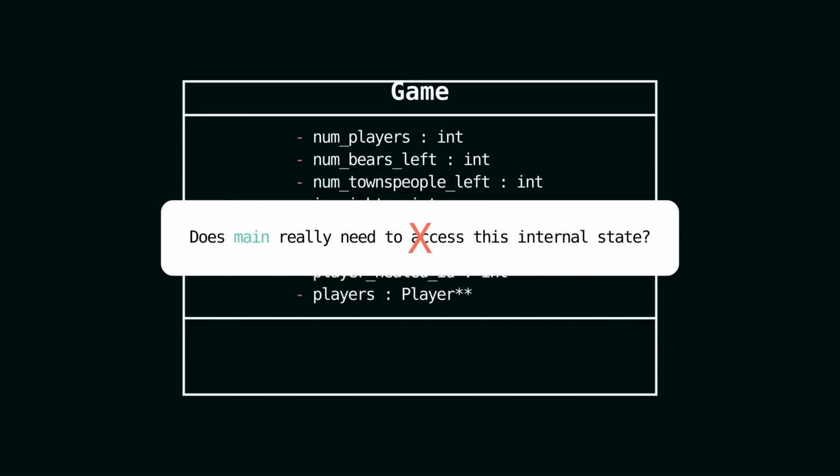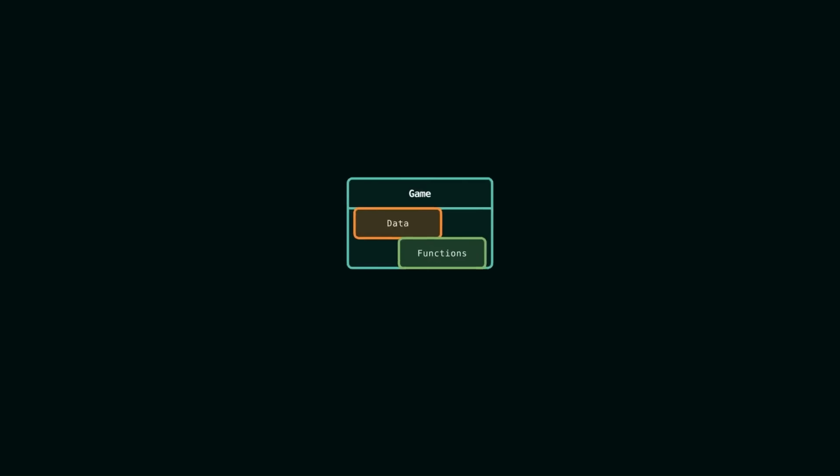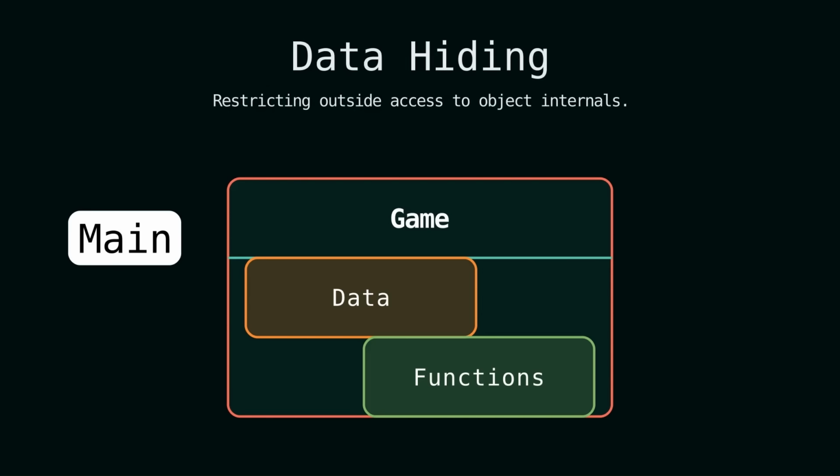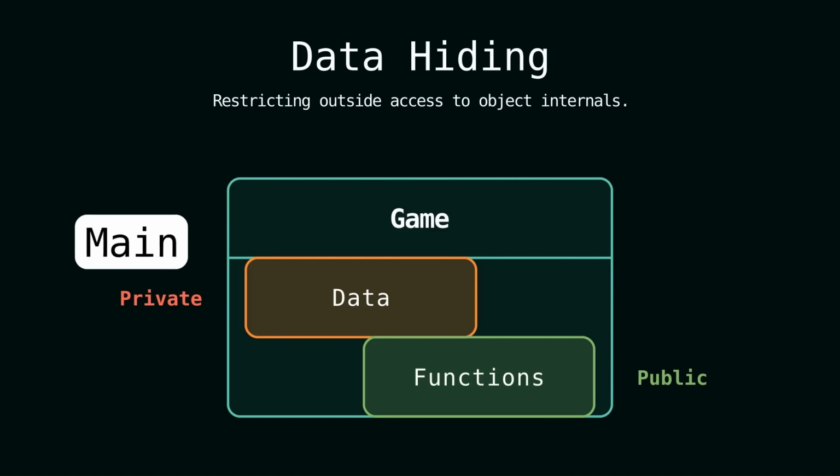No, in fact, main shouldn't have direct access to that data because the game object itself should be responsible for its own state. Main shouldn't be able to go and muck around with the game internals all willy-nilly because it might break something the game depends on. Data hiding is one of the core encapsulation concepts. We want to protect the game's internal state from unintended modification or inspection by only allowing access in a controlled